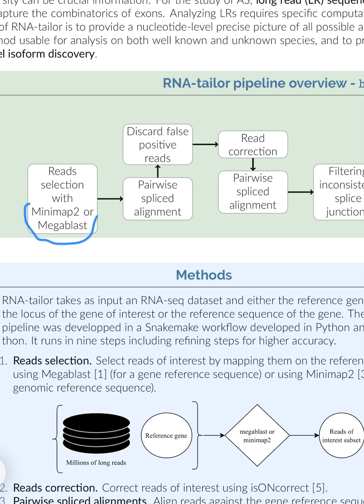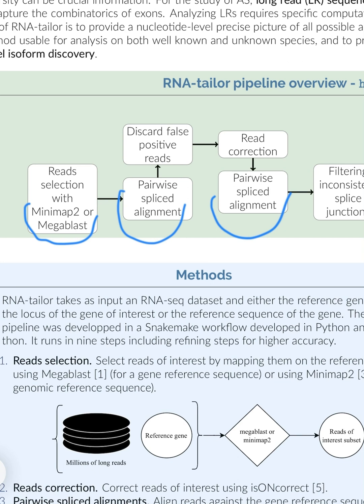Once the reads are selected, the next step is to align them to the reference gene sequence with the spliced aligner Exonerate. That's the main advantage of RNA Tailor compared to similar tools, because Exonerate provides a precise alignment thanks to its semi-global spliced alignment method. So the alignment is done in two passes. The first pass aims at